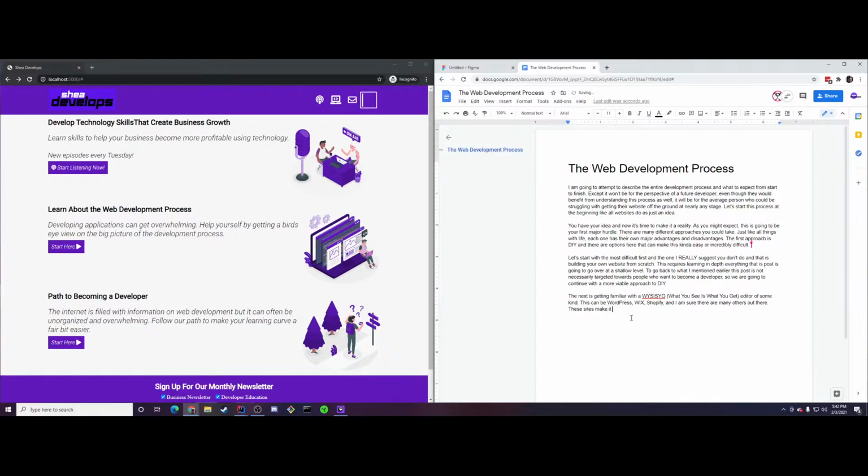These sites make it easy, some more than others, to create a good-looking website without large upfront costs. Usually, the hosting of the site